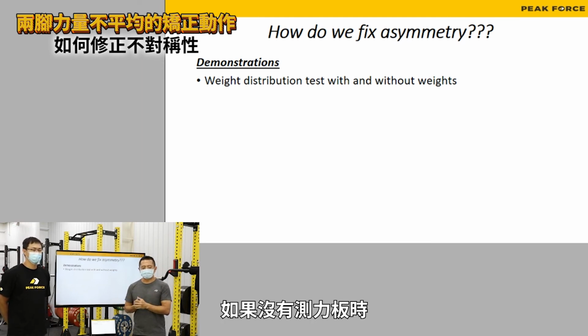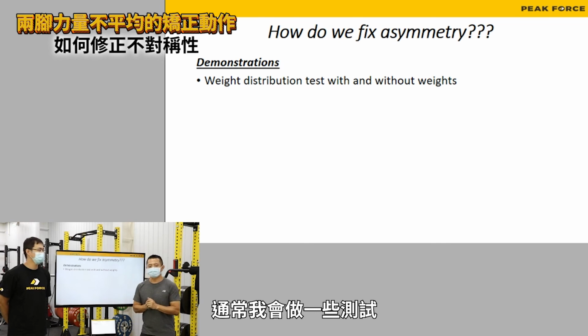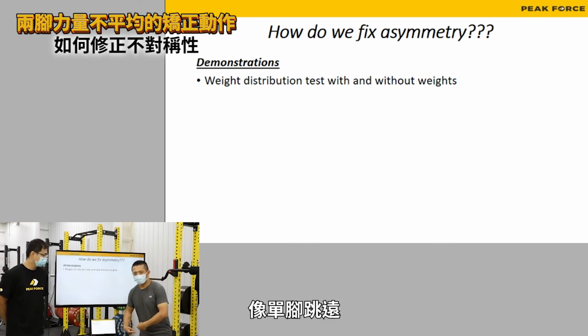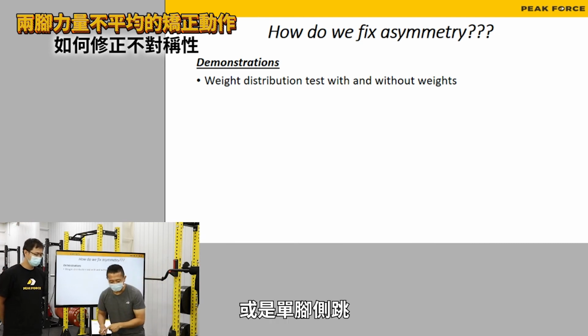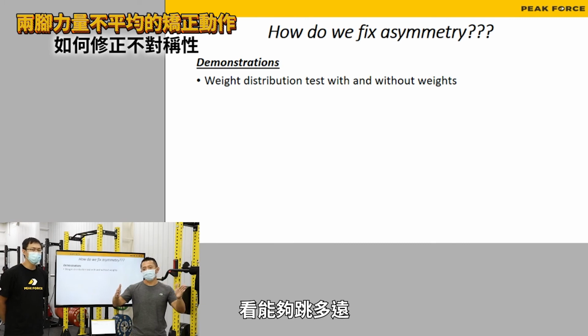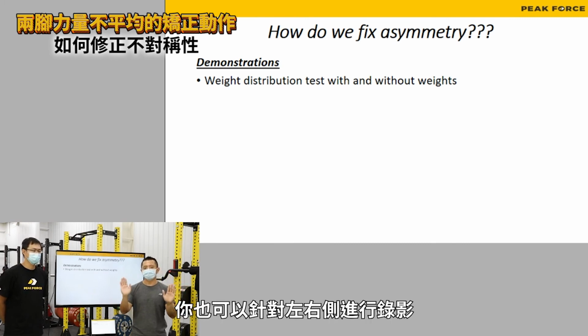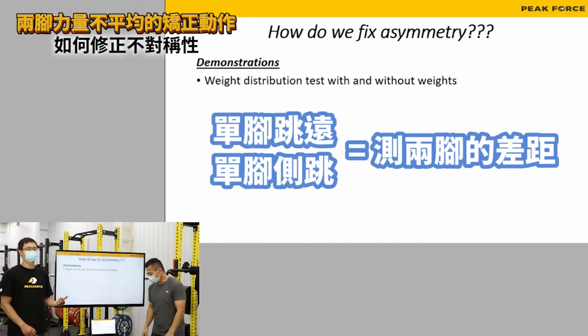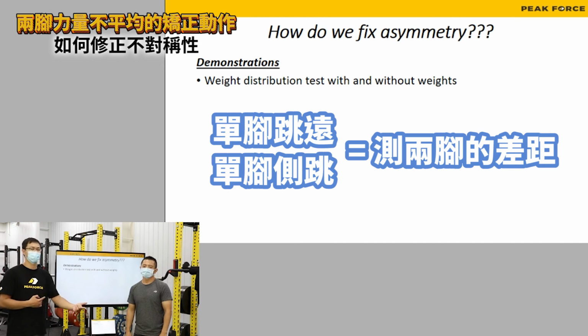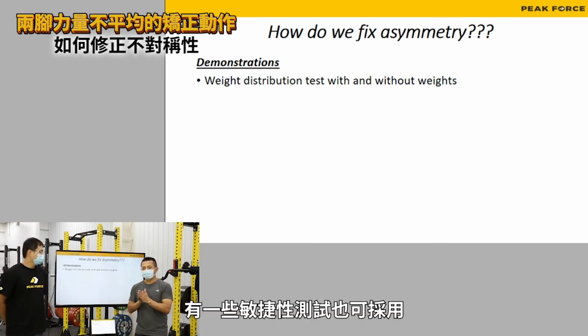If I don't have access to a force plate, usually I do the testing on, let's say, the single leg broad jump, to see how far you can go, or single leg lateral jump to see how far you go, and then you can record the left side and right side to see how much asymmetry people have. 那没有测力板的替代方式，我们就会用单腿的跳跃的方式，像是单腿跳跃，我们看它的左右两边的差距，或是单腿的侧跳，我们一样看它左右两边的差距，然后来去确定它的身体的不对称性的情形。